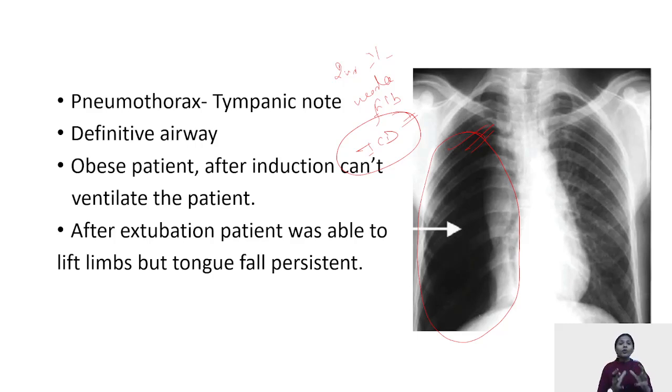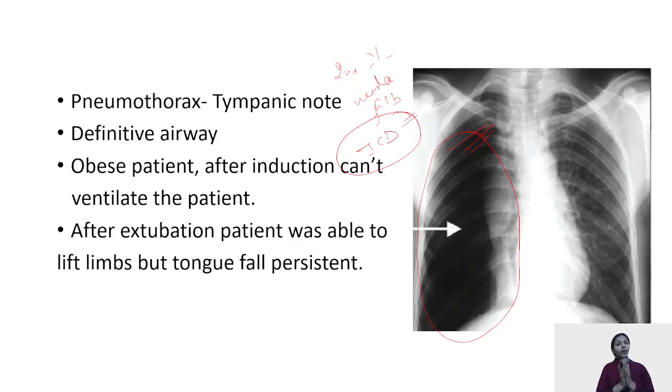One, suppose the patient is obese. During induction, you are not able to ventilate the patient. What airway adjunct are you going to prefer? You are going to prefer your oropharyngeal airway because after induction, the gag reflex is already gone. It's an obese patient. You cannot ventilate because the tongue has fallen over the posterior pharyngeal wall. So the best is to use an OPA.